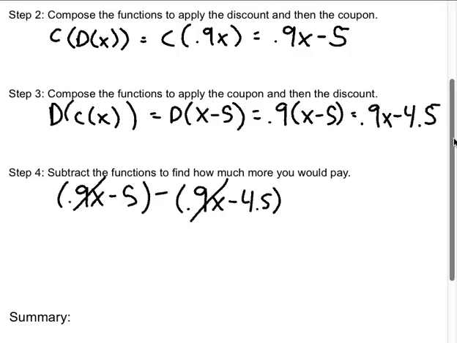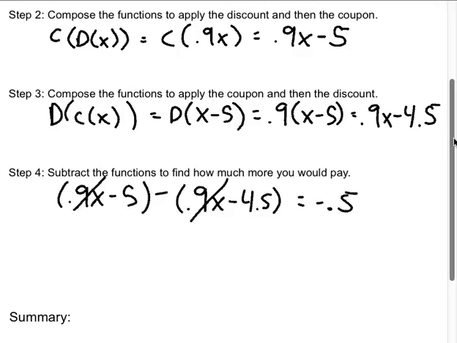So negative 5 minus negative 4.5, so basically plus that 4.5, you're going to be paying 50 more cents, okay, if you apply the coupon before you apply the discount,